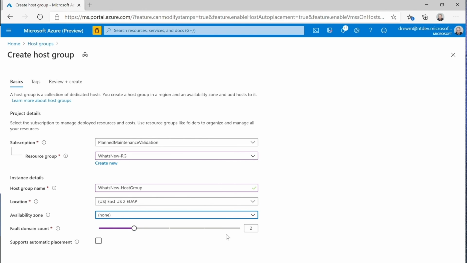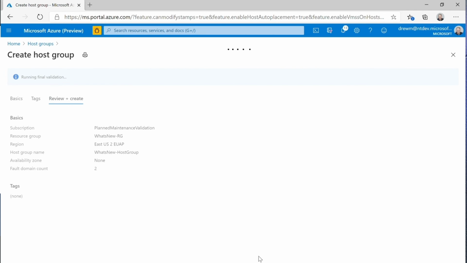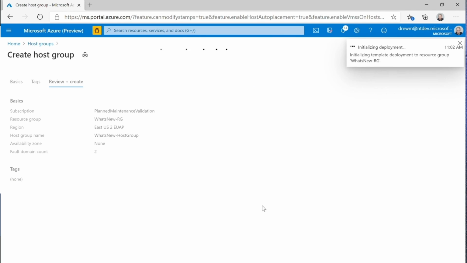Select the default domain for the host group. In this case, we're going to do 2. And then here's the new option to support automatic placement. So we're going to go ahead and check that for the host group. It's going to do a quick validation of the host group to ensure everything is good, and then create the